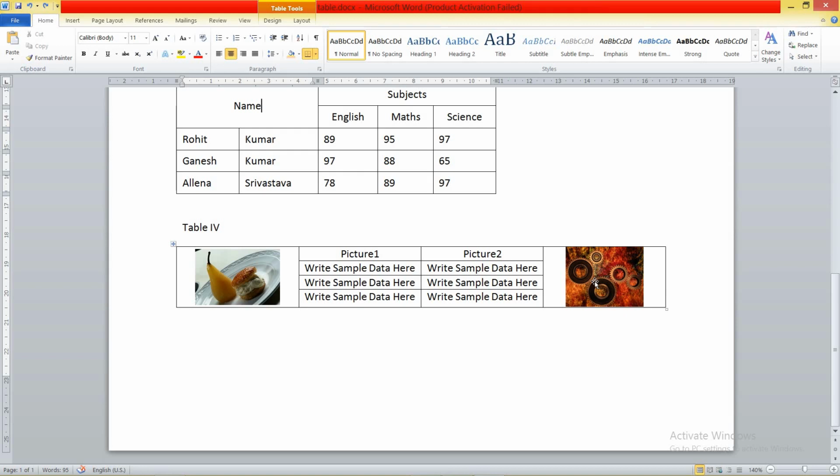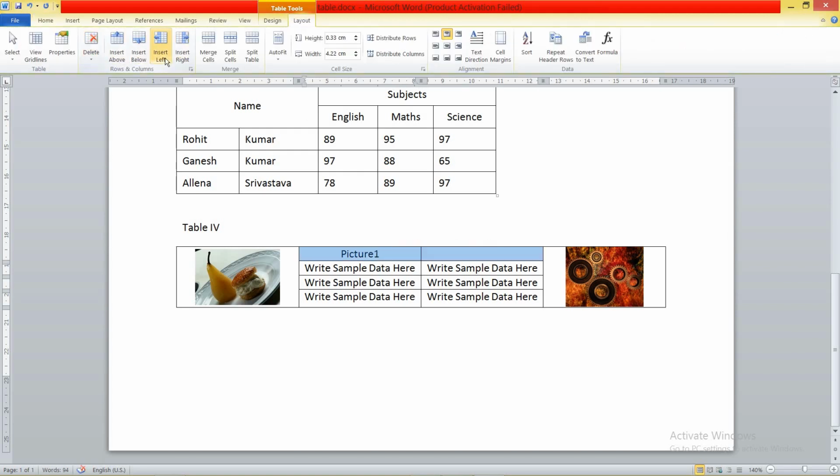Now I am going to make this particular table. In this table I have merged a number of rows, and you can see I have used some images also. I want the table like this. Now in this table I have the colspan feature, the rowspan feature, and images also. First of all, as I said, always count how many rows and columns we have. How many rows? 1, 2, 3, 4 rows. And how many columns? 1, 2, 3, and 4. It means this table has 4 rows and 4 columns.